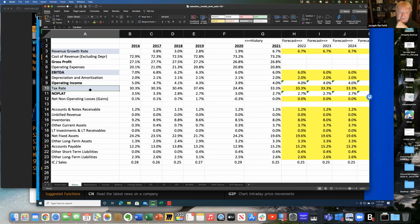We're going to start with the tax rate. We need a realistic tax rate for Walmart going forward. It's not the historical tax rate, it's the go forward tax rate. If you were paying attention,